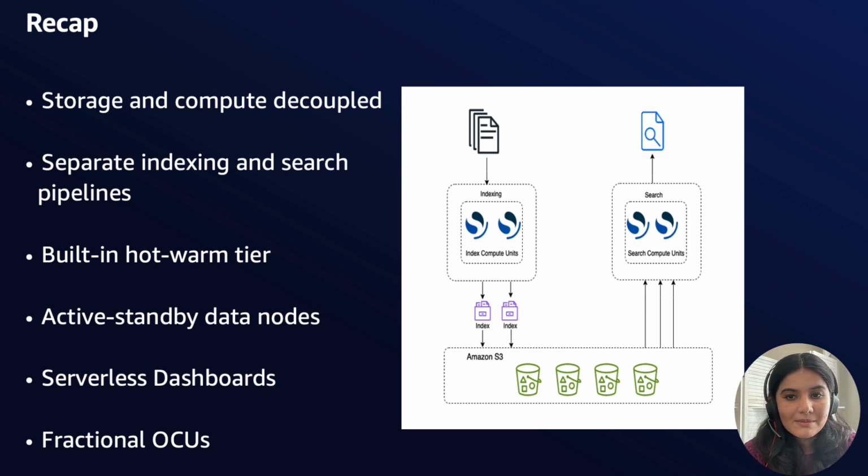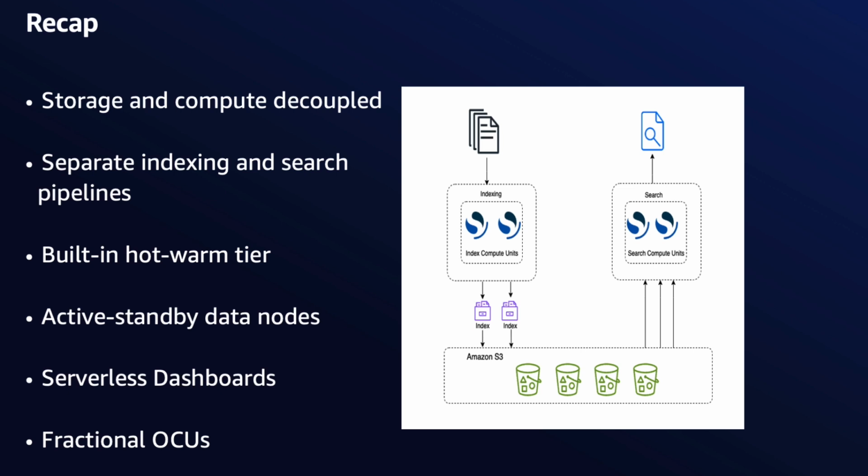At last, it comes with OpenSearch Dashboards, which you can use to create visualizations and dashboards to interact with your data. You also have OpenSearch Serverless fractional OCUs, which can be deployed starting at just 2 OCUs for production workload. OpenSearch Serverless will automatically scale up the OCUs based on the workload demand. Additionally, if you have dev and test workloads that do not require high availability, OpenSearch Serverless offers a 1 OCU deployment, which helps in further cutting down cost in half for both indexing and search.